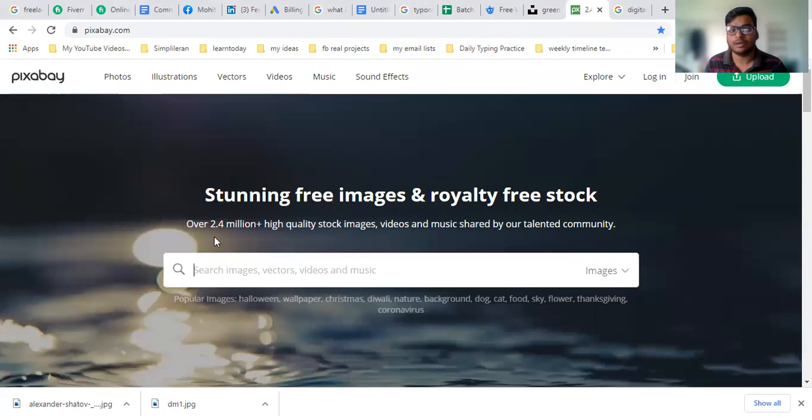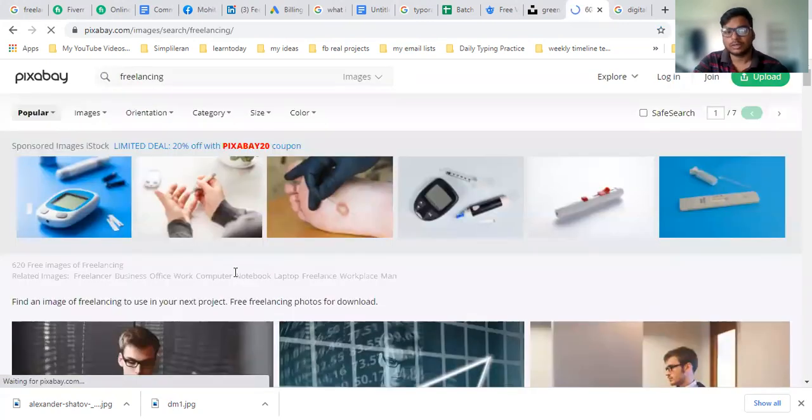You can download any image you want. You need to type the name here, like freelancing.